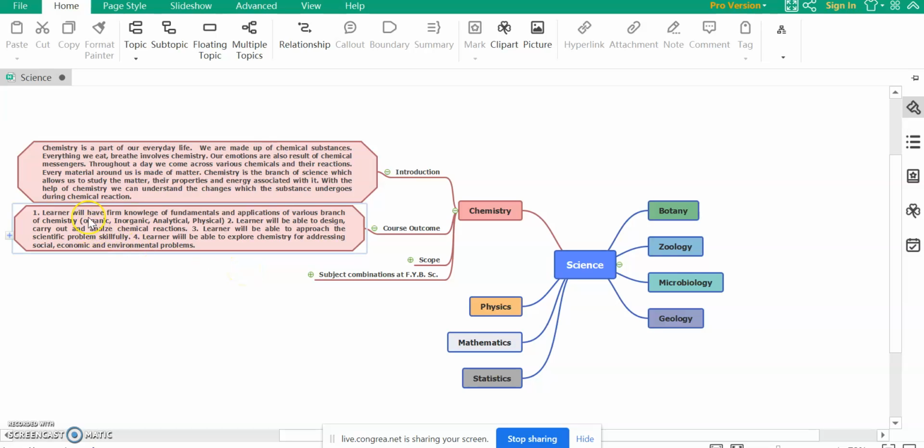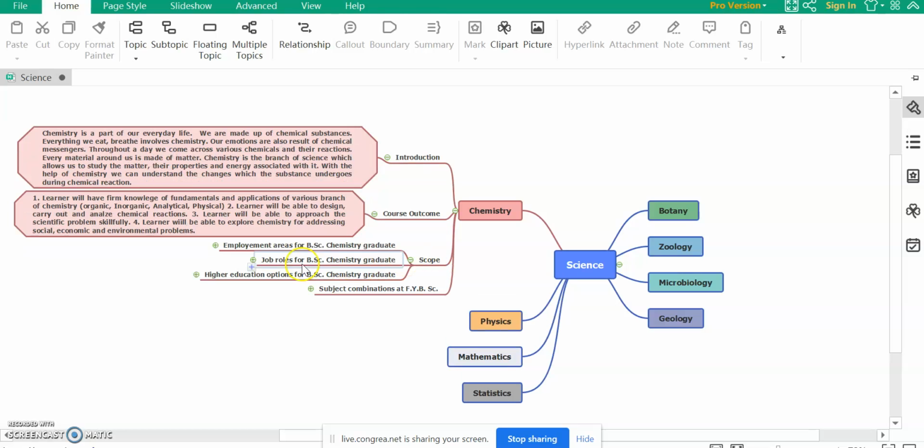We are expecting the student will have fundamental and basic, as well as application-related concepts of chemistry. Then the student will be able to design, carry out and analyze chemical reactions, maybe in terms of stoichiometry, maybe in terms of conditions, and also approach scientific problems skillfully. Then they can explore chemistry for addressing social, economic or environment-related problems.